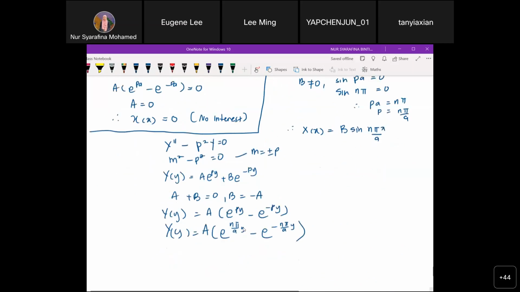Then u(x,y) equals x times y. Okay, and as you can see, there